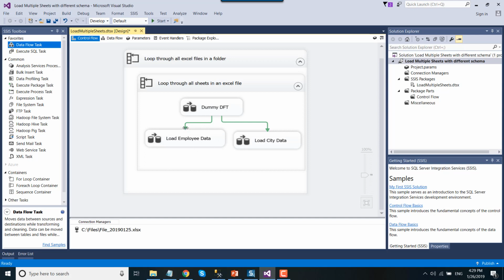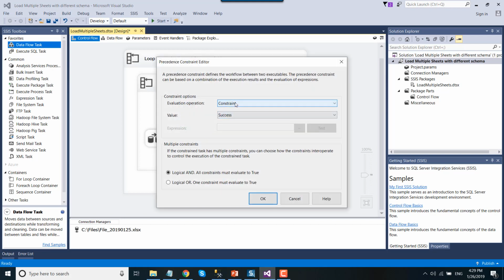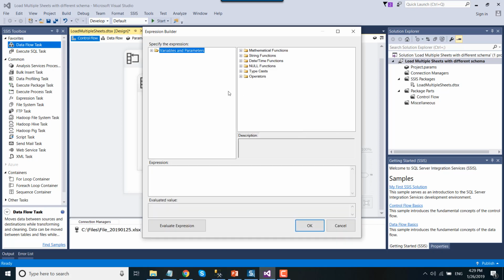The first data flow task: right click on it, select edit, and then under constraint select Expression and Constraint, and then click on the three dots. Under the variables, we need to check whether the sheet name contains the employee sheet name.